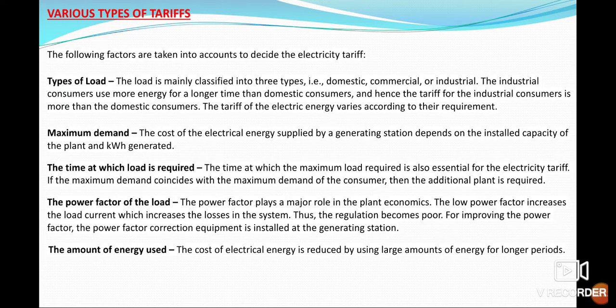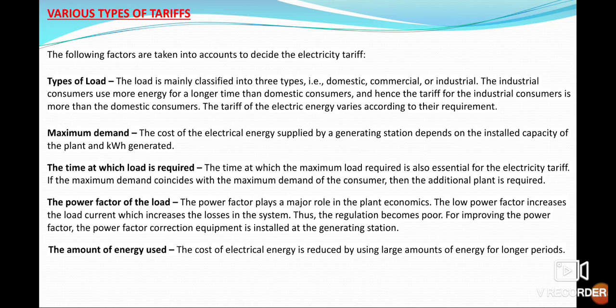Now, what are the various types of tariffs present in a plant? The following factors are taken into account when we try to decide the electricity tariff: the type of load, maximum demand, the time at which the load is required, the power factor of the load, and the amount of energy used. The type of load can be classified into three types: domestic, commercial,